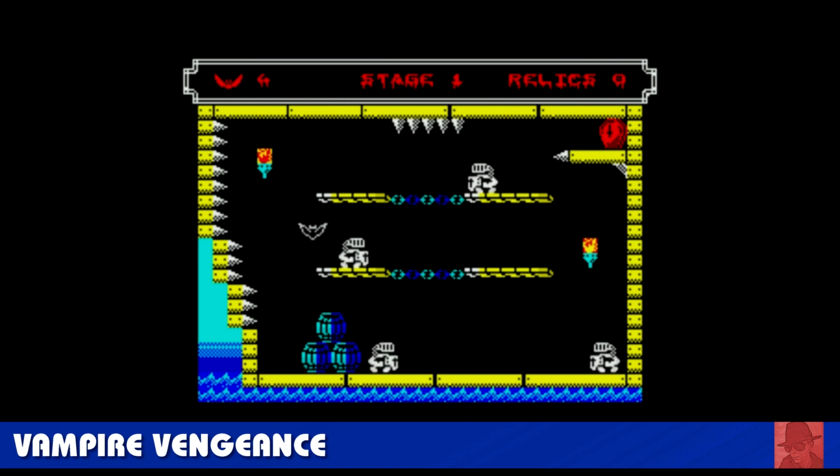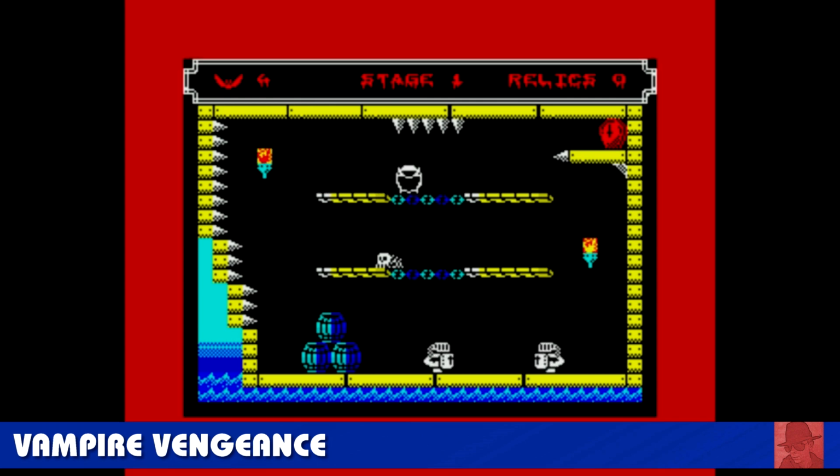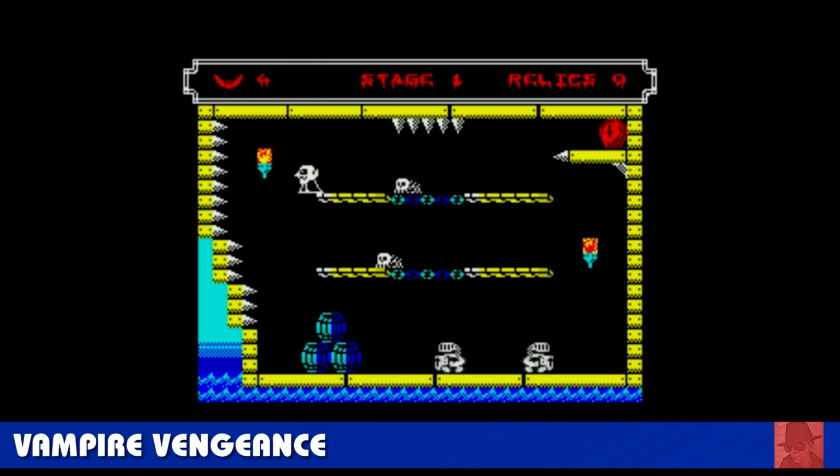Vampire Vengeance, a great homebrew made with AGD, which is the Arcade Game Designer, which a lot of games have been. Great sound in this, and it's a really novel approach. You control a vampire, and by using clever timing, you must eat or devour every enemy on the stage